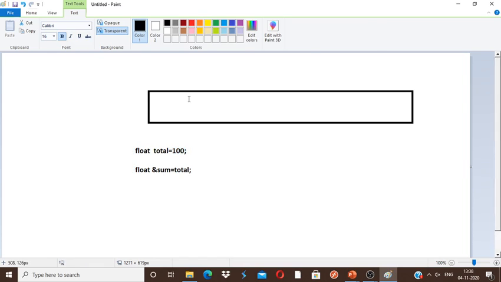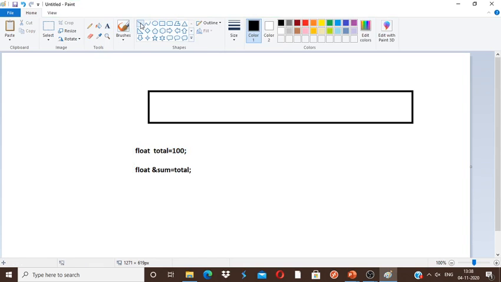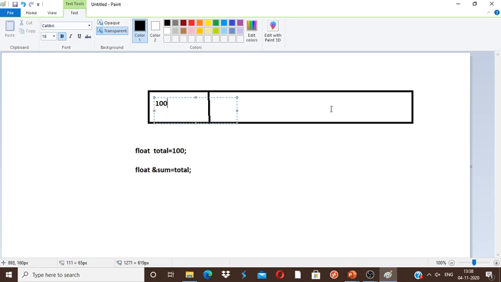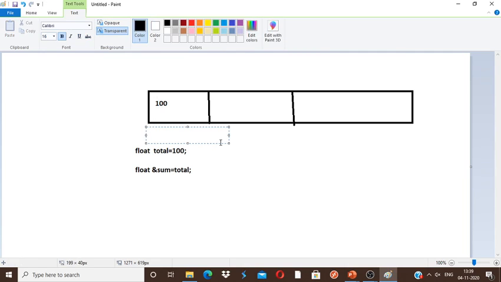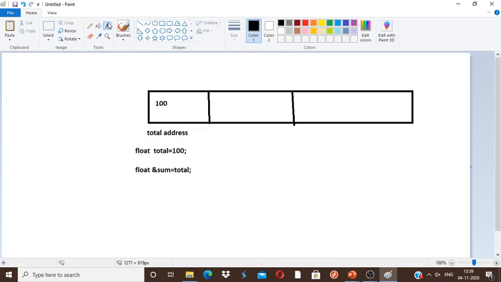यहाँ पे मेरा वैल्यू स्टोर है, राइट, 100. ये मेमोरी ब्लॉक है, समझ लीजिए ये मेमोरी ब्लॉक है, ठीक है। सो यहाँ पे कौन से इसकी वैल्यू स्टोर है, दैट इज टोटल, राइट। टोटल की वैल्यू स्टोर है 100, बट इट हैज सम एड्रेस ऑल्सो, एड्रेस। इसका एड्रेस हम यहाँ पे पुट कर देंगे।